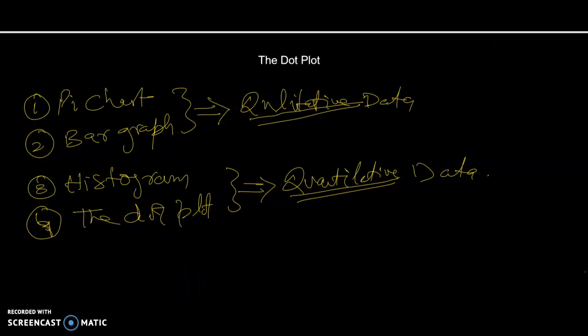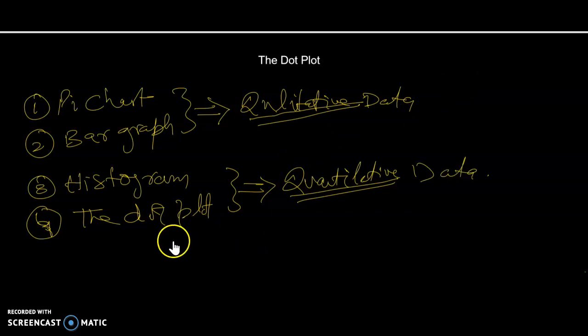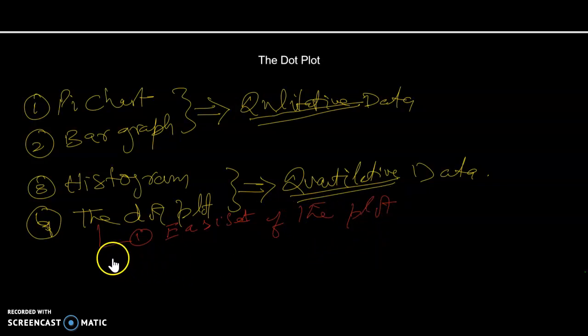Now let's understand what the basic features, the basic characteristics of a dot plot are. Number one, it's the easiest of the plots to make. And number two, there may be more than these characteristics, but I'm just writing the most prominent ones. The dot plot can identify gaps, can identify clusters,